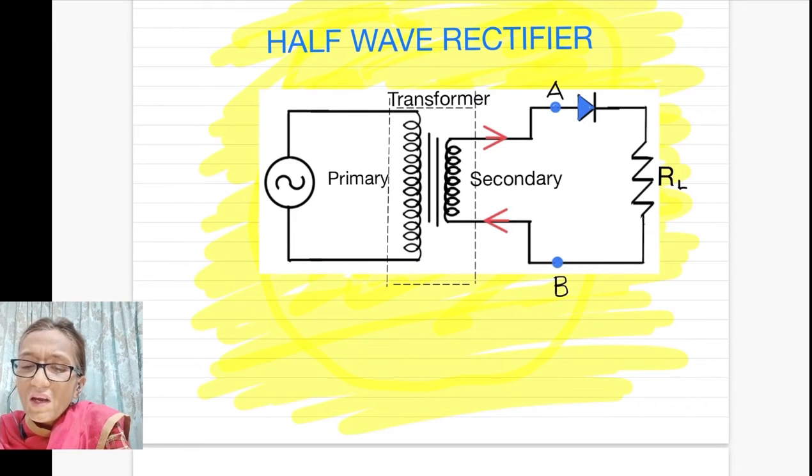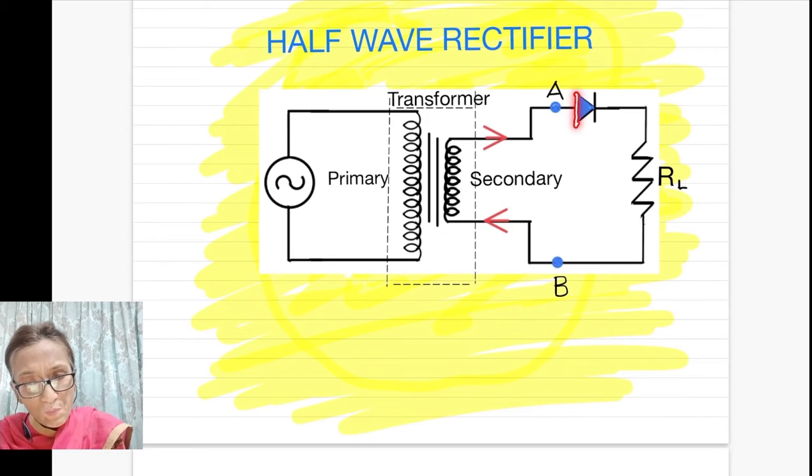We know that when the positive terminal is connected to the P side of a PN junction, this connection is called forward biasing, and in forward biasing this PN junction diode allows current through it